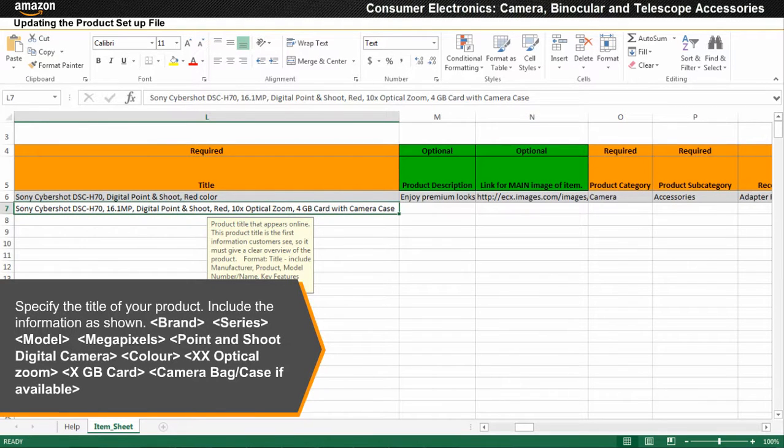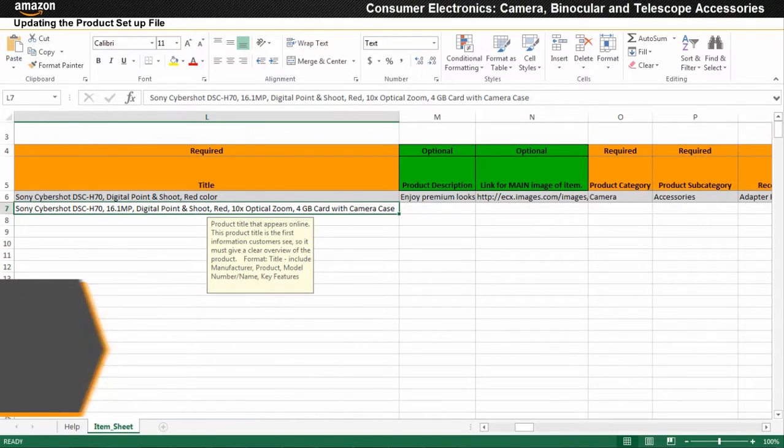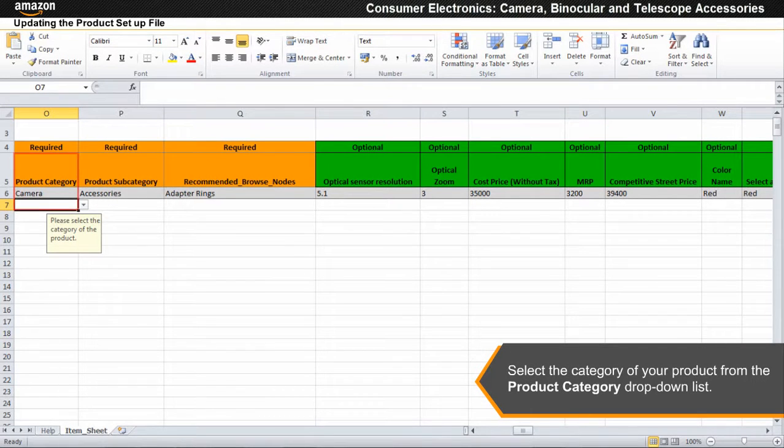Specify the title of your product including brand, series, model, megapixels, point and shoot digital camera, color, optical zoom value, memory card, and availability of camera bag or case. If you want to sell a camera, then select camera.